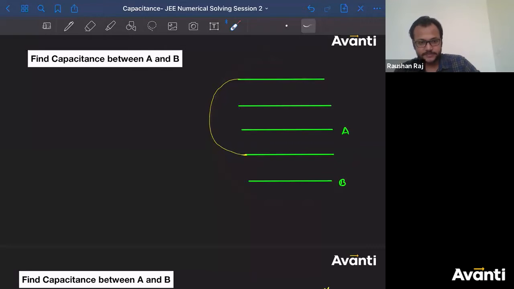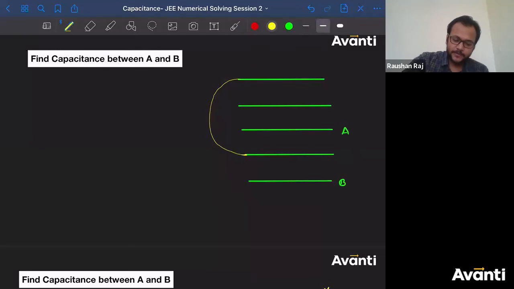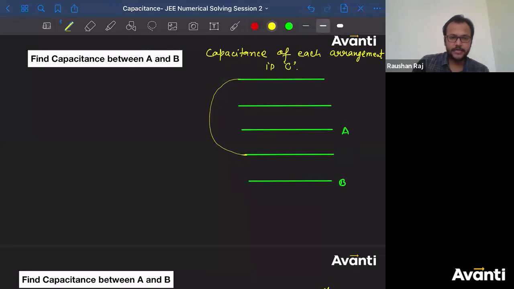See, you should be able to answer this within a minute or maximum like 90 seconds or 100 seconds. You should not take more than that. Okay, I have got a doubt: don't give the answer in terms of epsilon naught. You can consider the capacitance of each arrangement is C. ठीक है, so write the answer in terms of C. Like we have already discussed about this, right? That is why I have not mentioned it in the question specifically, because I thought you might remember that.